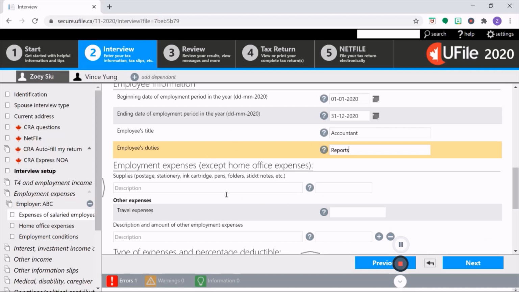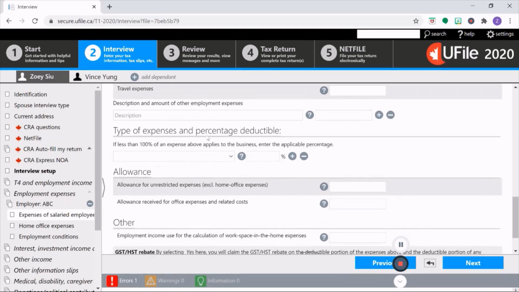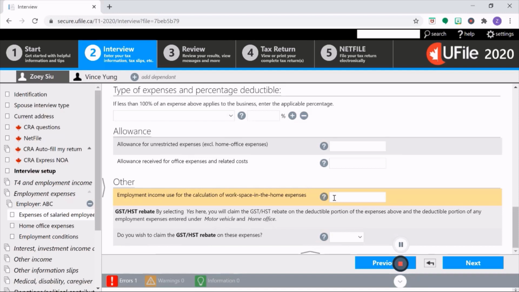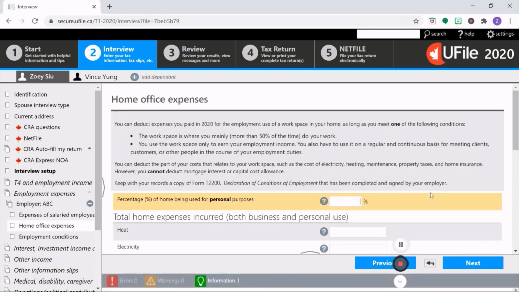This first page is for you to enter expenses except home office expense. So for the stationery, we will enter it here, $20. Then we have to enter the employment income. Click Next. For the percentage of home used for personal purposes, it is 90% for this example.